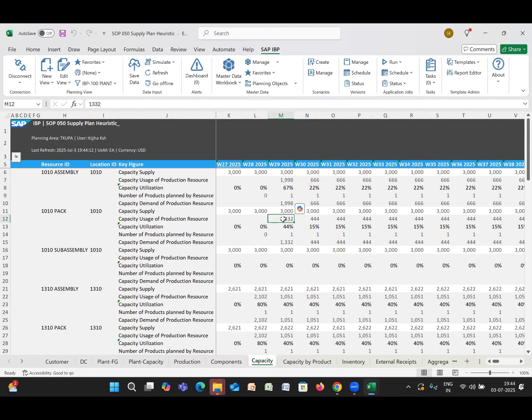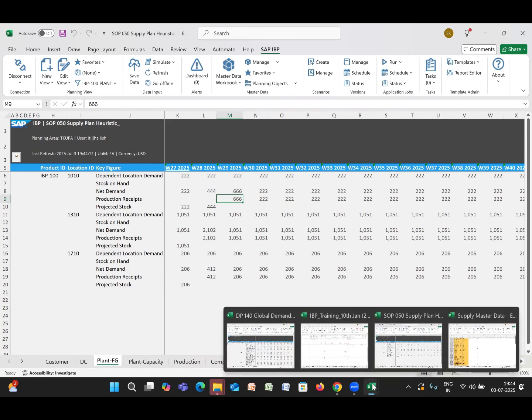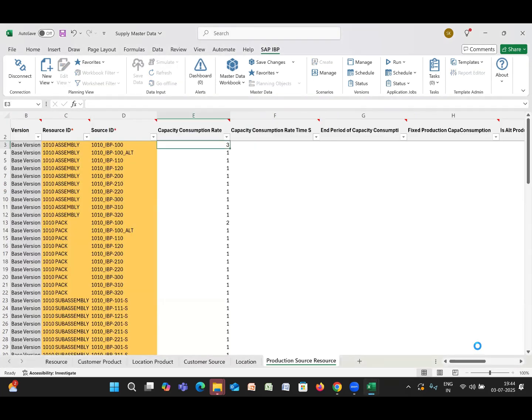Okay, so I think we have seen the relationship between the production receipt of FG. This number being 666 and 222, so the production receipt quantity multiplied by the capacity consumption rate maintained for each resource. So this product IBP 100 is going to take 3 hours on this machine 1010 assembly. So this is multiplied with the production receipt quantity to give us how much capacity usage I need on